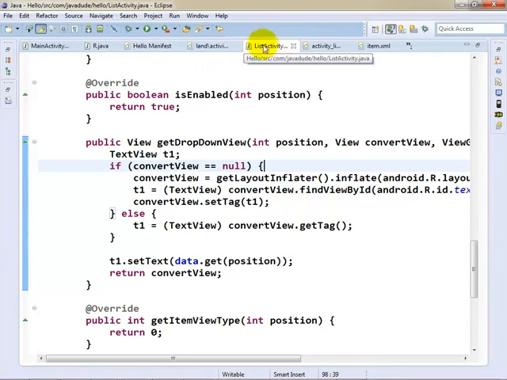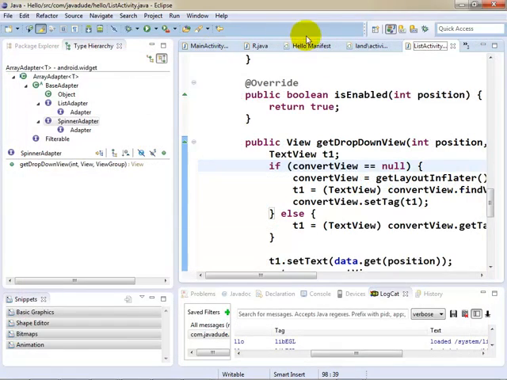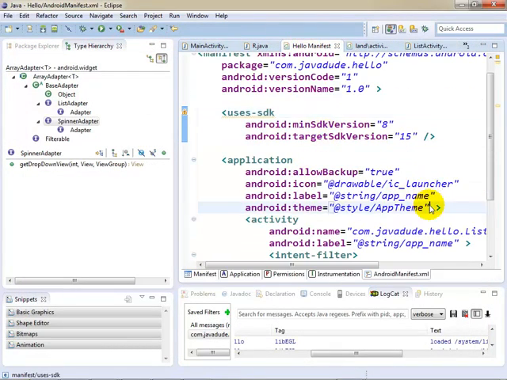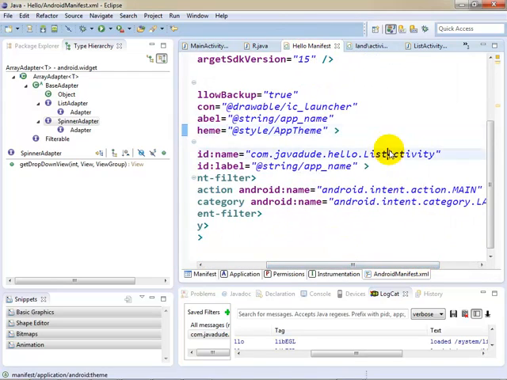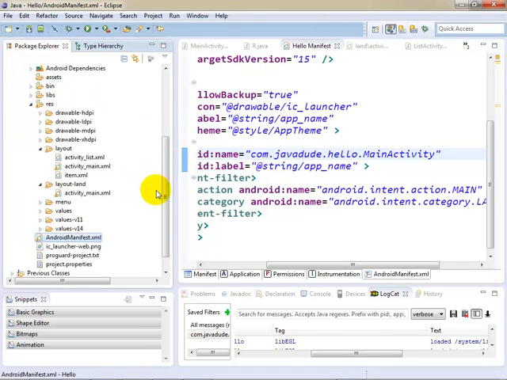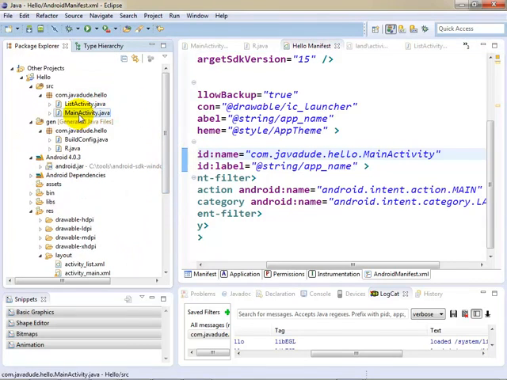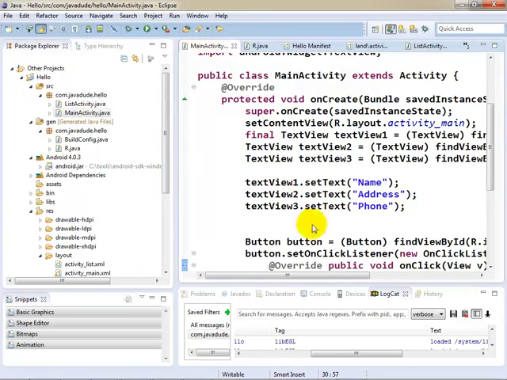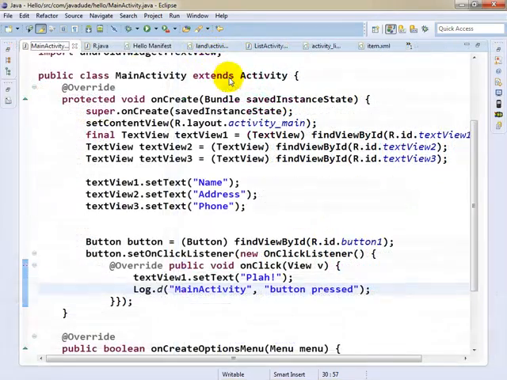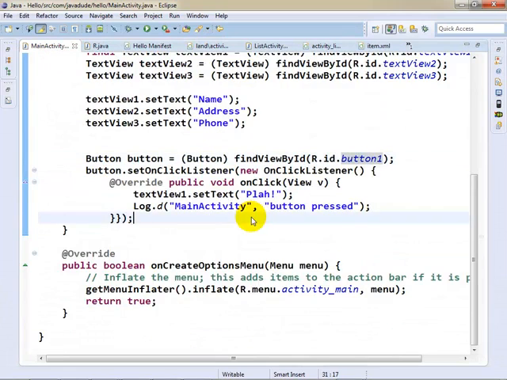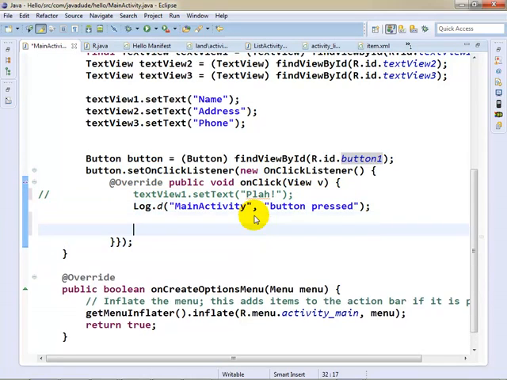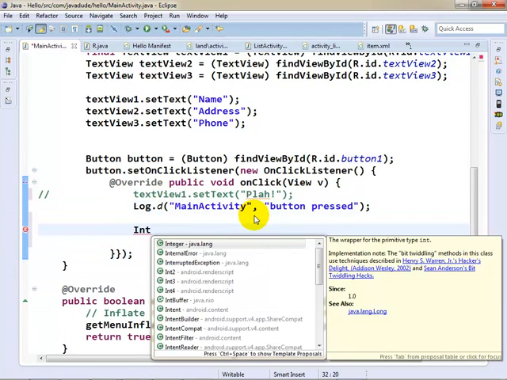So I'm going to go back to, in my manifest, I'm going to change this back to, instead of list activity, I'm going to make it main activity. And in main activity, remember that button that we put in there? Let's have that button jump off to our list activity. So instead of doing this stuff, I'm going to come in here and I'm going to say intent